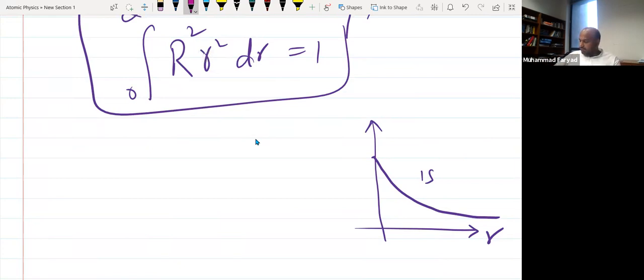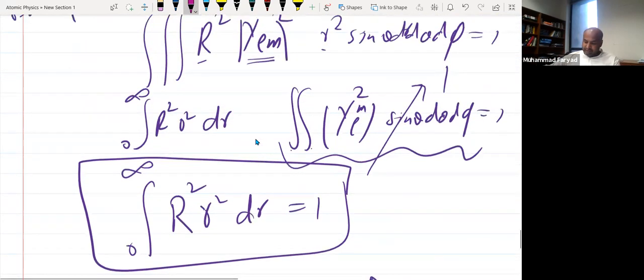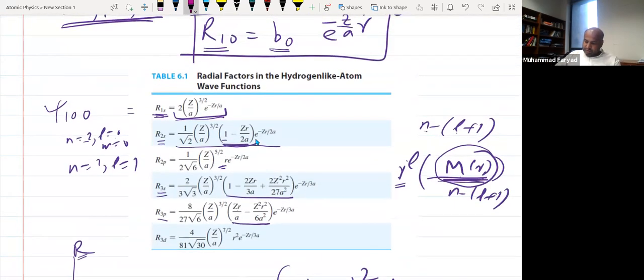let's say for 2s, it is something like this. So for 2s, it's like this. So it's a polynomial. So first of all, let's see what happens at r is equal to 0. At r is equal to 0, this is a constant. This is a 0. So I again have a constant. So at r is equal to 0, it starts somewhere. But then it also has,